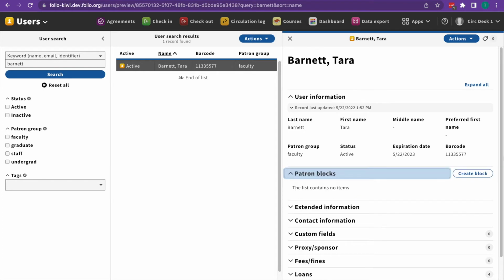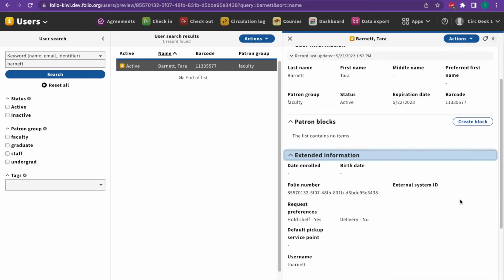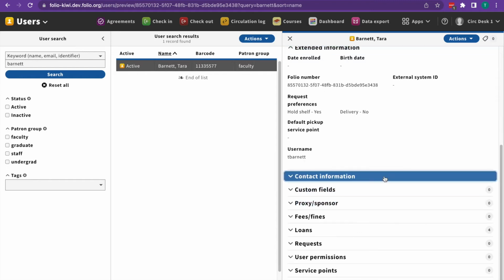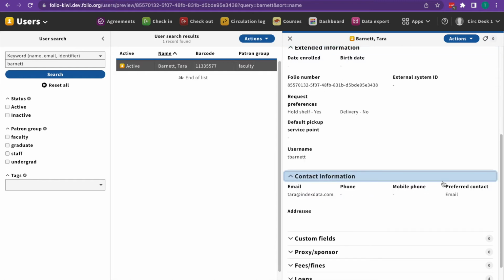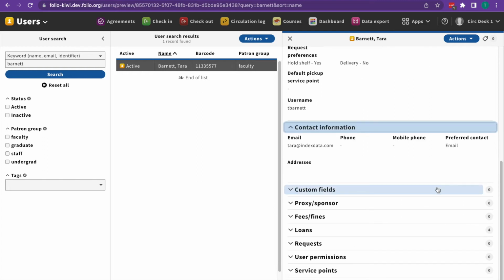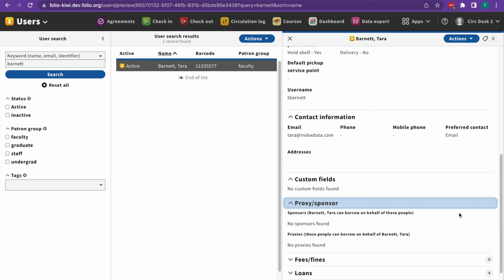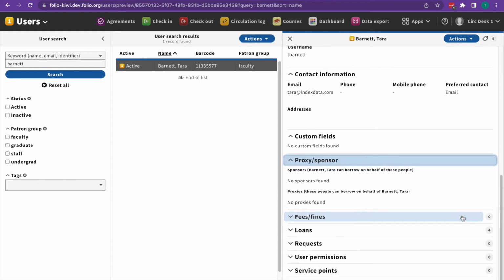These include patron blocks, where you can view details about blocks on a patron's account or add a block, extended information, which includes several important fields as well as the patron's request preferences and default pickup service point, contact information, which includes their email address, as well as any additional addresses that they may have provided, any custom fields that may have been configured by your institution,